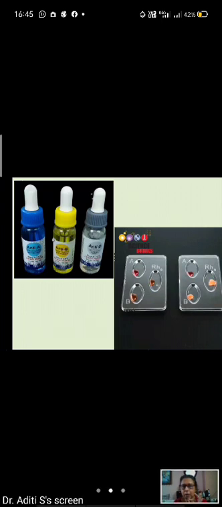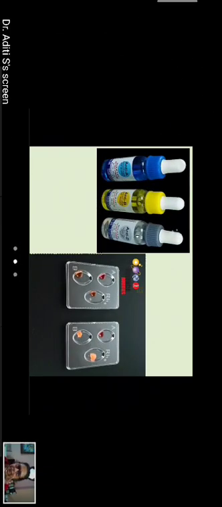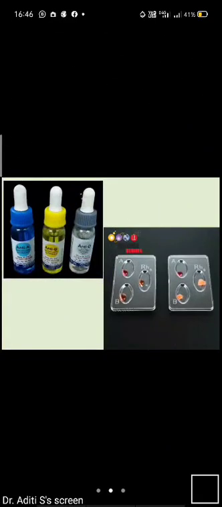These are universally accepted. It's not that anyone can give any color to any antisera. It's universally accepted because blood grouping and typing is so important. A mistake means it costs life. That's why. So anti-A is blue in color. Remember this. Obviously, it is not actually blue, but this blue color is added. And anti-B is yellow in color, and anti-D is colorless. So you take a tray like this or a slide.